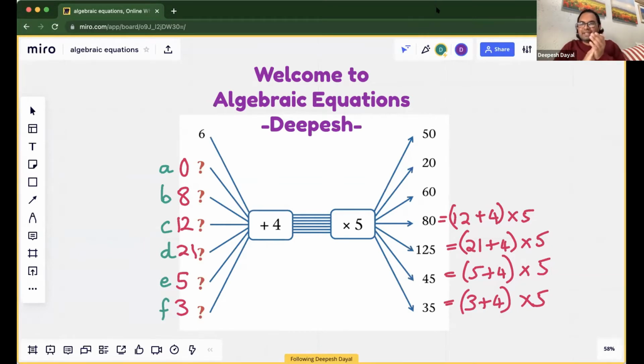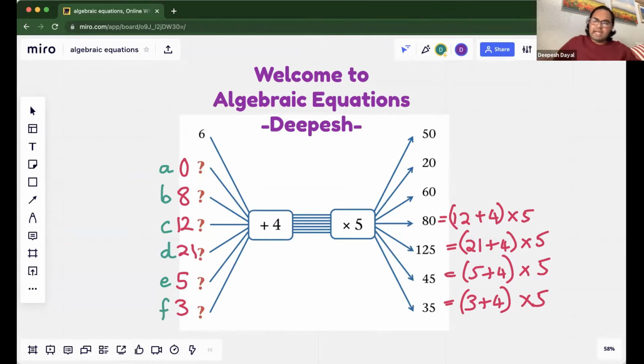So well done, everybody. That's really great. You all are real good experts at this. You got the answers really quickly, which is great. So yeah, this is an intro to algebraic equations and how it works. Because equations are about having an equal sign, but we're going to throw in some variables as well, which we're going to look at today.